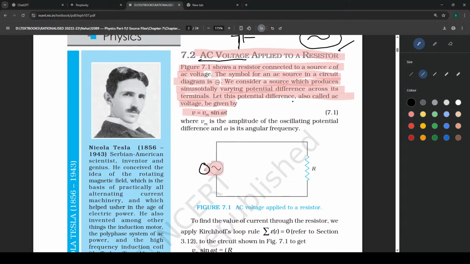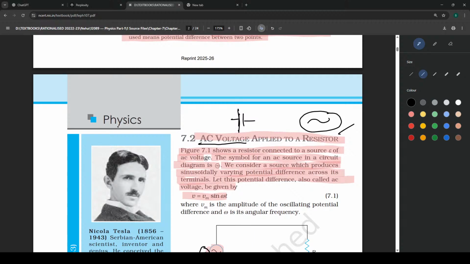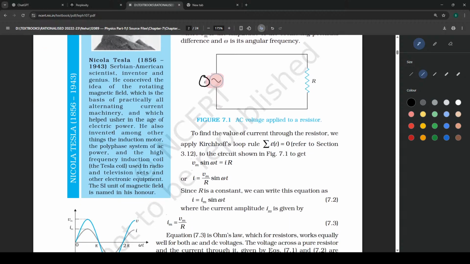Basically, if we take, as I said here, this is a sine wave, and if we take its current, not potential difference, we call this value Im or I naught. The peak value, the highest value here as well, in a different direction but the same in magnitude, is called the amplitude of the wave, or basically the peak voltage or peak current, the maximum current in the whole cycle or in the whole half cycle,